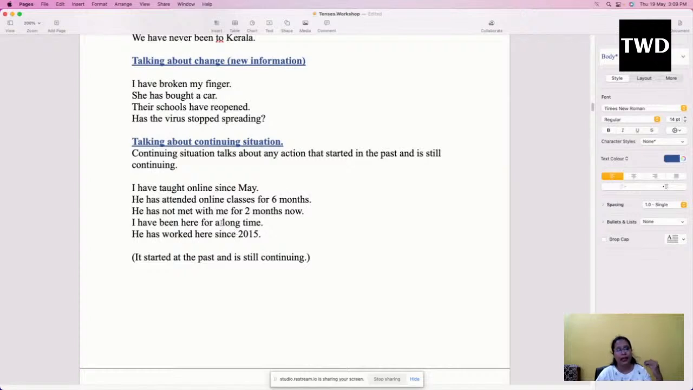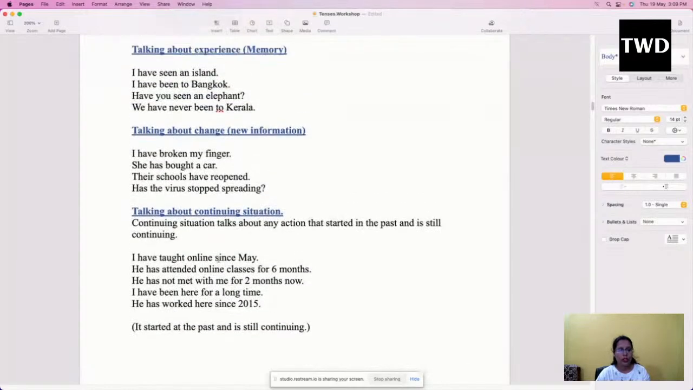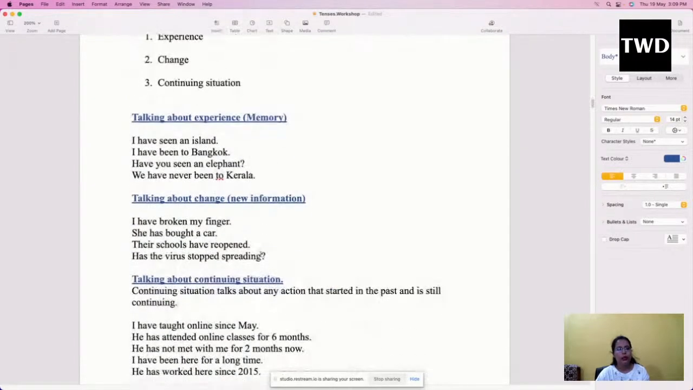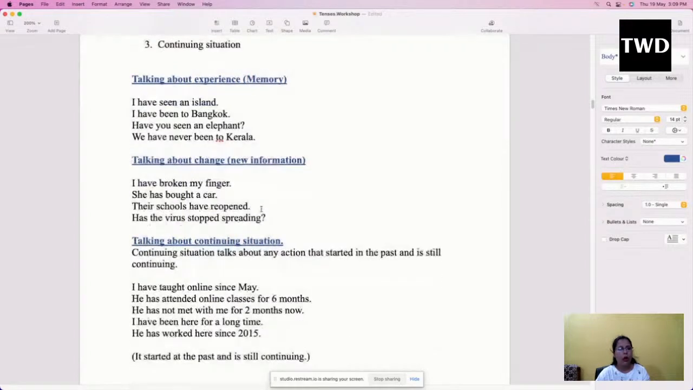He has been in that place for a long time, from the past till now. He has worked here since 2015. Means from 2015 he started working in a certain place, and still he is working. Yes, so what are the situations where we use present perfect tense? That is to talk about our experience, to talk about some kind of information that has changed, or to talk